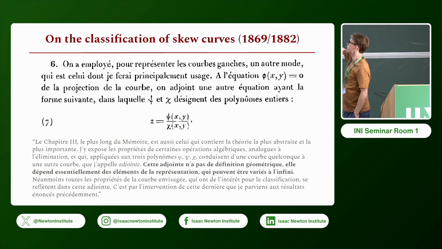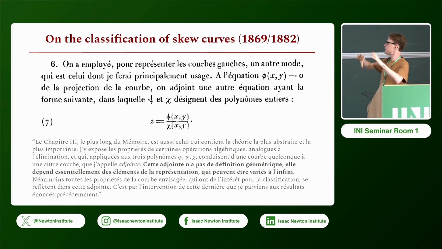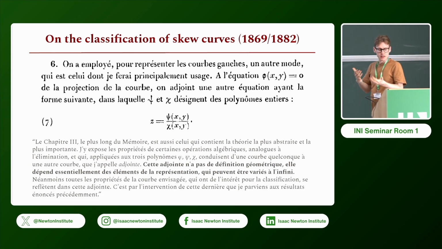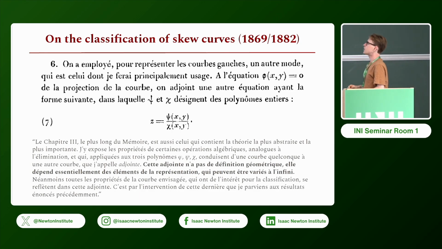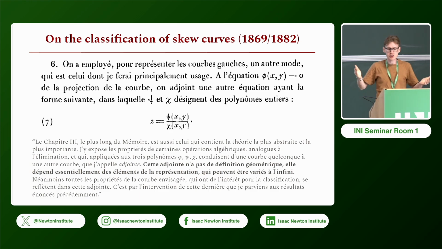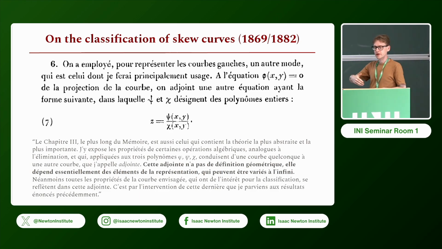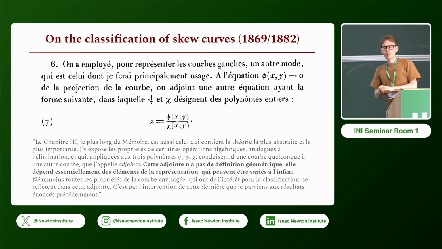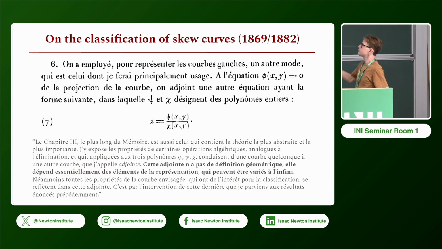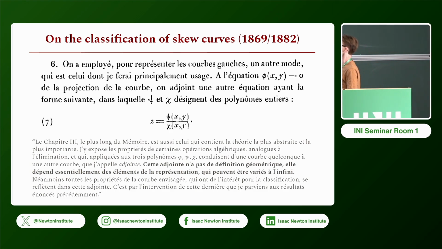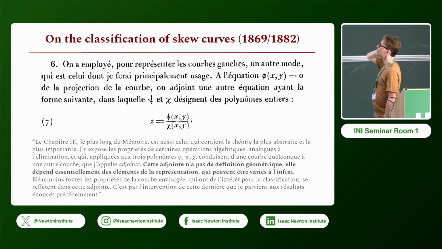So x, y, and z are, in a way, coordinates of the points of the curve, albeit related by these very artificial polynomials, which, as he explains, do not have a geometrical definition. They are purely artificial means of representation, for which there's a great amount of leeway. But the point being that if you're a skillful wielder of this analytical apparatus, you can use those polynomials to map out cases in which a classification is possible.